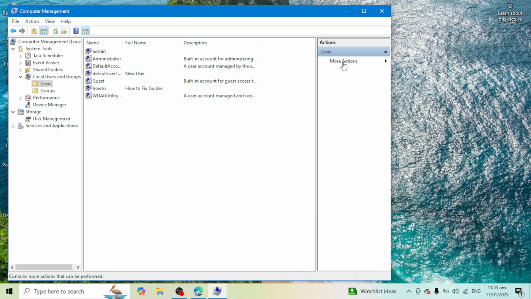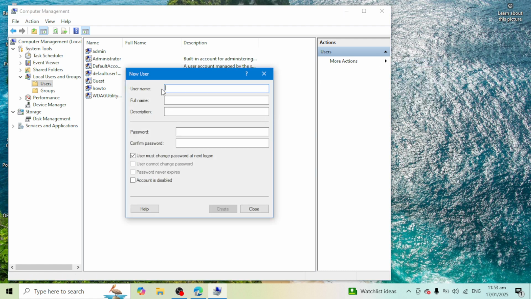So click on more actions, new user, and then you will provide your name here. Then uncheck the user must change password at next log on. There's no need to provide full name, description, password, confirm password, and you need to uncheck these boxes here and